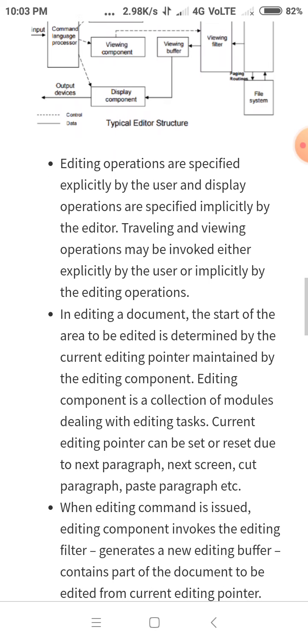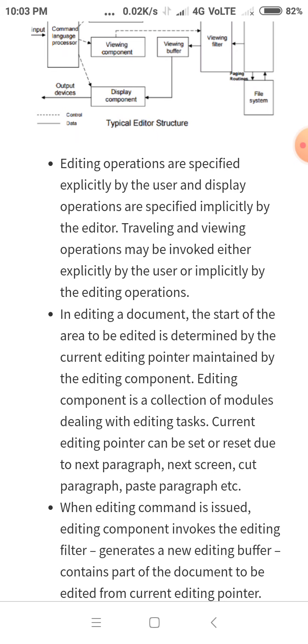In editing a document, the start of the area to be edited is determined by the current editing pointer maintained by the editing component. Editing component is a collection of modules dealing with editing tasks.